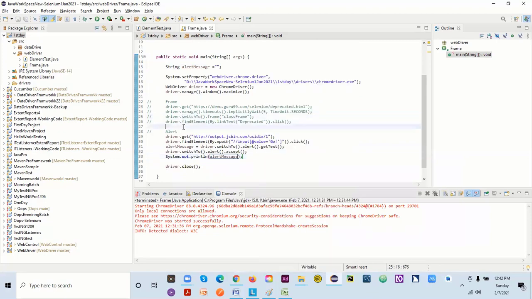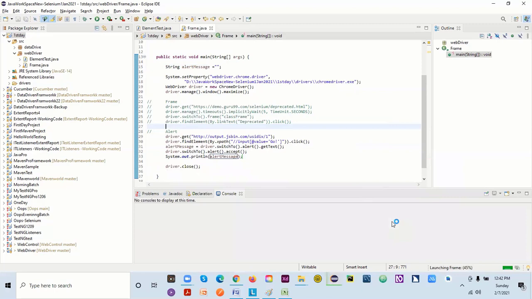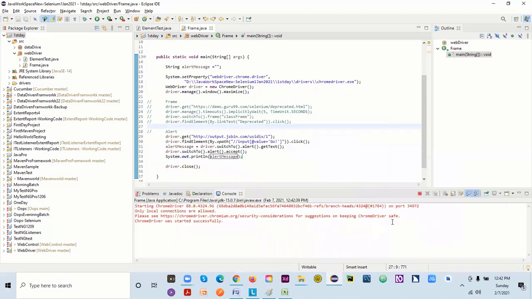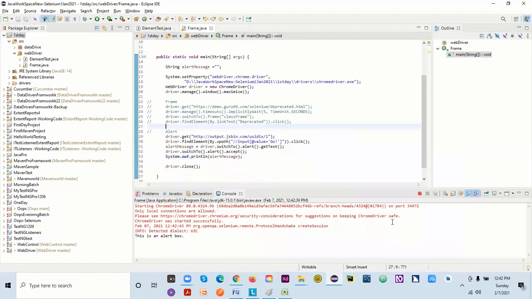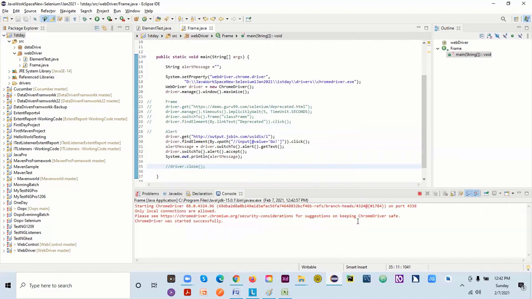Now this frame will not work because we commented it. Because of this, it's very fast. The script was very fast, and it closed the browser as well, because we used driver.close here. Open, close.